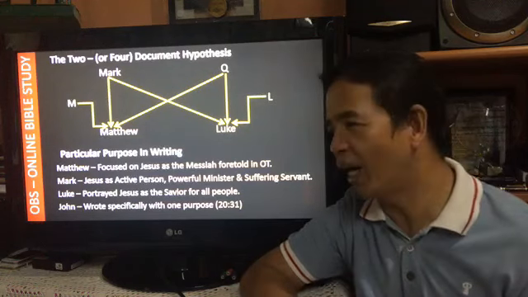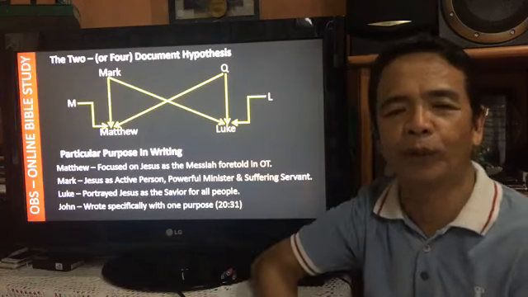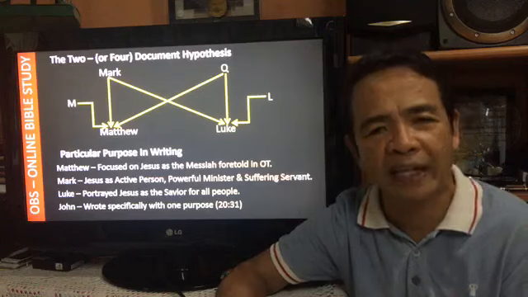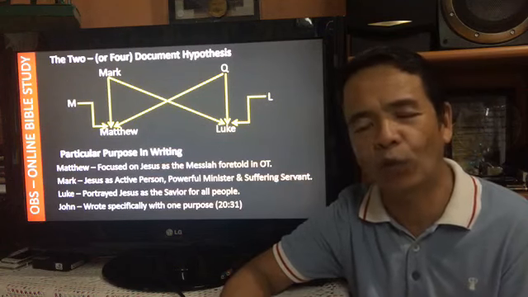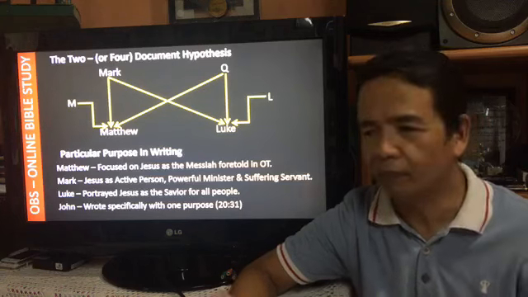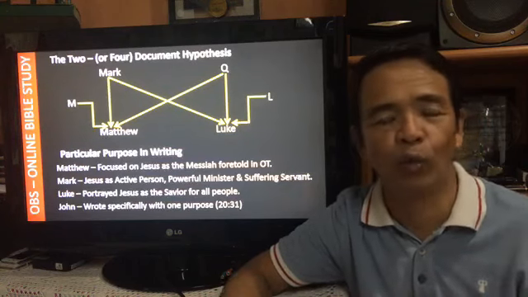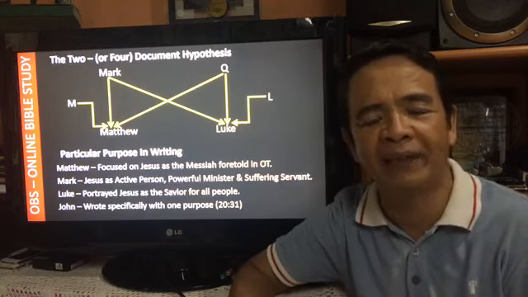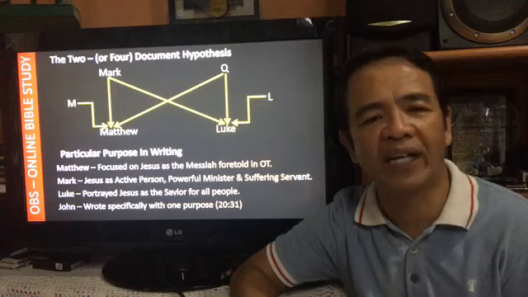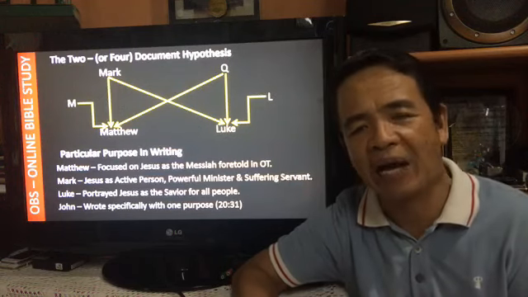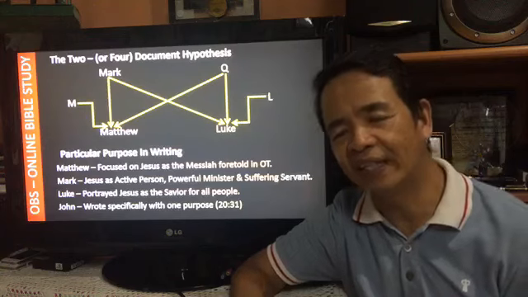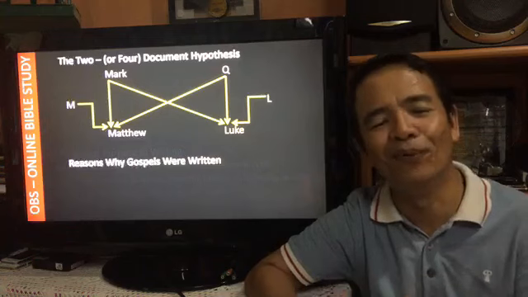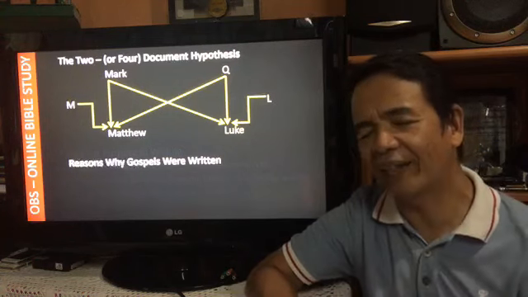Okay. With John, John wrote specifically with one purpose, and that is what he had written in the closing statement of John 20, verse 31. When he said all the things that Jesus did, the whole world could not contain. But these are written, that you may believe that Jesus is the Christ, the Son of God, and that believing in Him, we might have life in His name. So, He was specific on that. So, let's move on. There are other reasons also